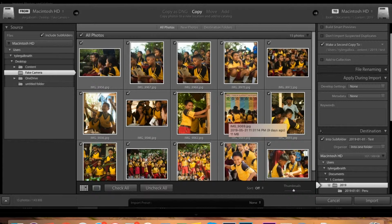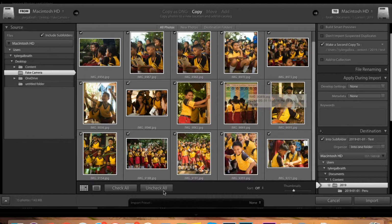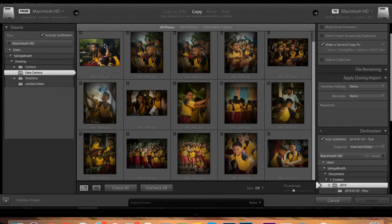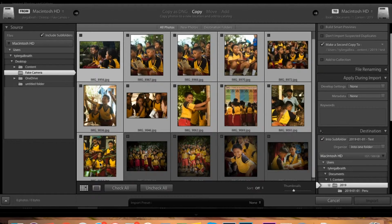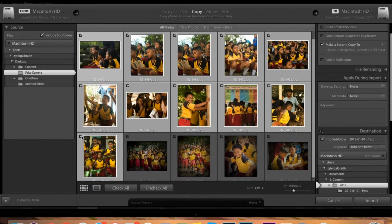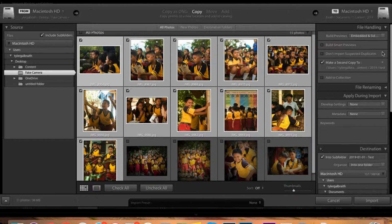So you can either automatically click everything that's in here and upload it, or let's say that you had 2 shoots in one day and you want to be able to separate them. You don't want to put them all into the same folder. What you can do is uncheck all down here at the bottom, and then you can click on the first photo you want. Let's click on the last photo we want. Just hit shift, and there you go, and then click any of the boxes inside. There we go, we've got everything checked. These are all the photos that we want to move in to Lightroom, and then we go over to file